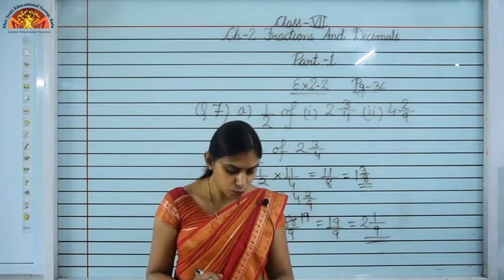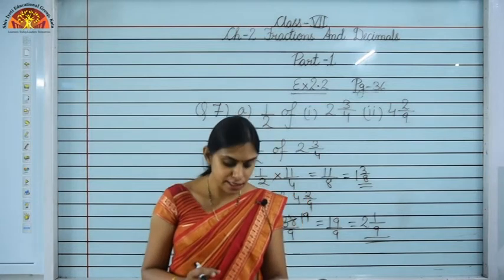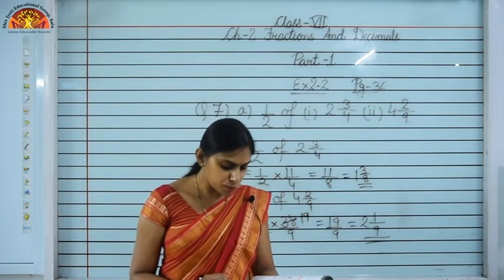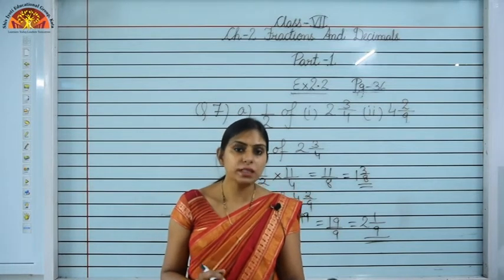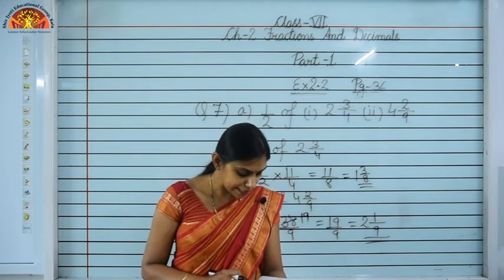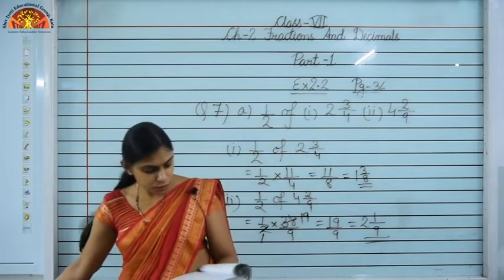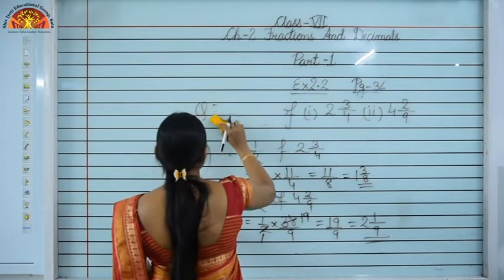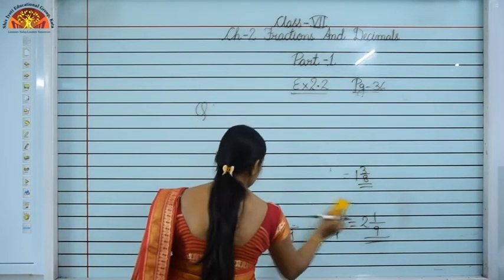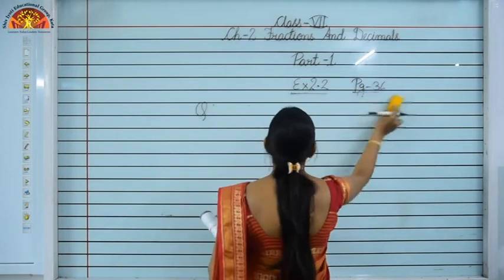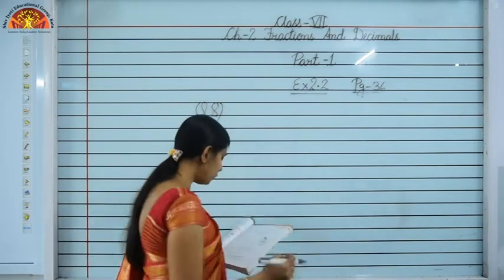Now Vidya consumed 2/5 of the water. That is, the part of the water consumed by Vidya is 2 upon 5. Now Pratap consumed the remaining water. Now, in the first part you have to determine how much water Vidya drank, and second, what fraction of the total quantity of water Pratap drank. Now, this is question number 8 we saw on the board.